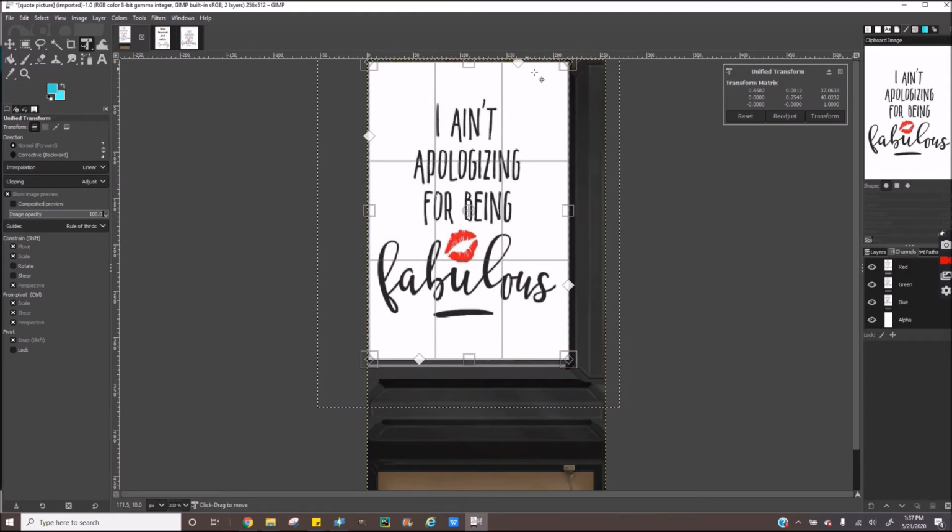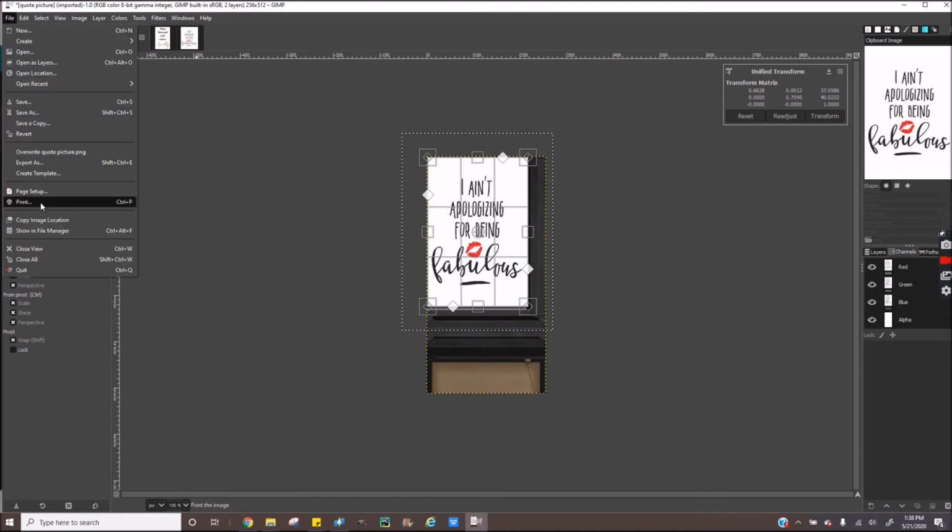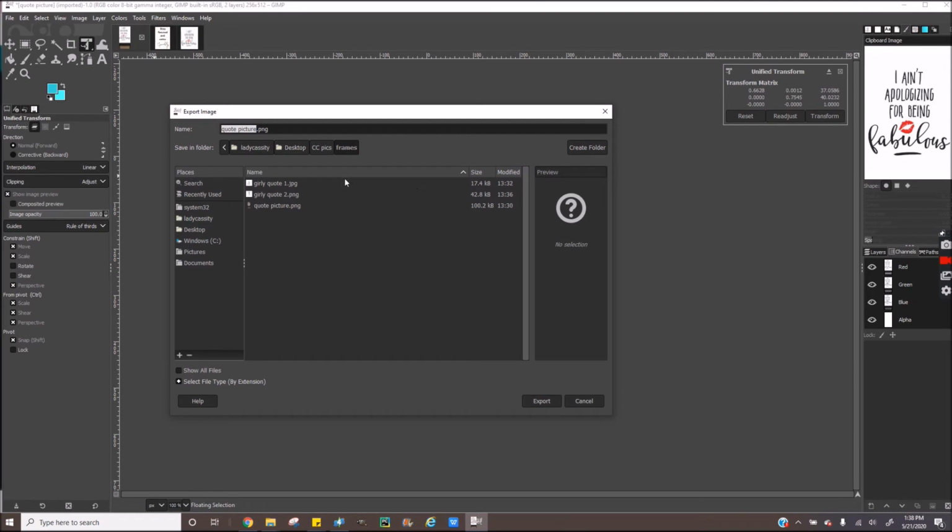Yeah, so that looks good to me. Just make sure it fits in with all of the grayscale. And then there you go. Once you're done sizing it and it fits inside of your frame, then you are going to file, export as,